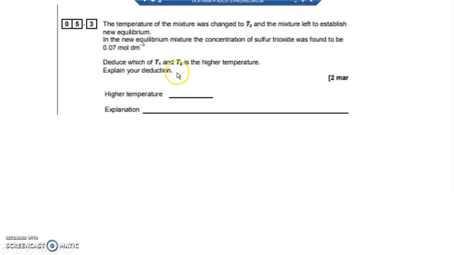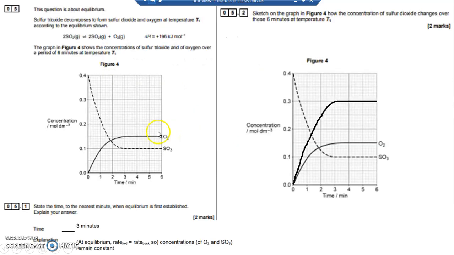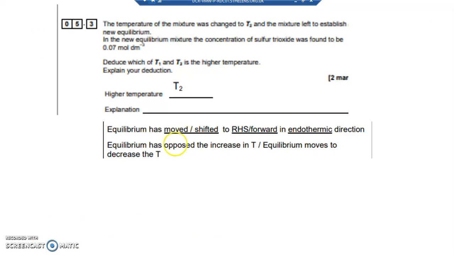Deduce which of T1 and T2 is the higher temperature. Well, in actual fact, T2 is the higher temperature, and the explanation is because you've got less sulfur trioxide than you had before, you've got 0.07 rather than 0.1. Because you've got less sulfur trioxide than before, the equilibrium has shifted to the right hand side. So it's shifted to the right hand side in the endothermic direction, because the higher temperature means by